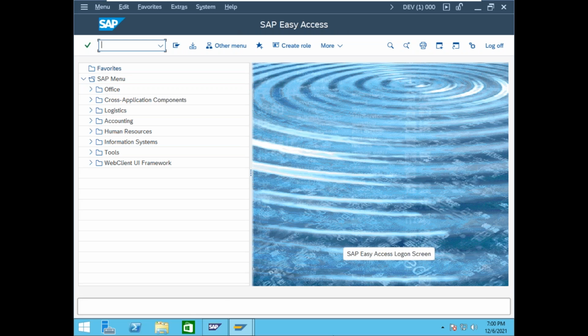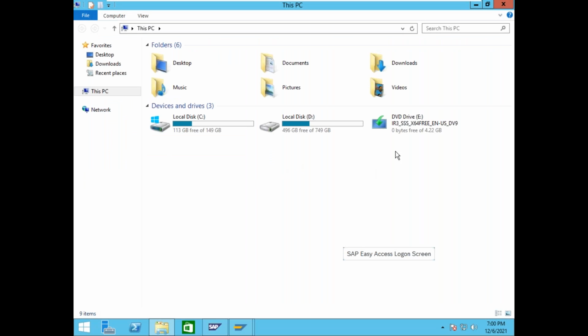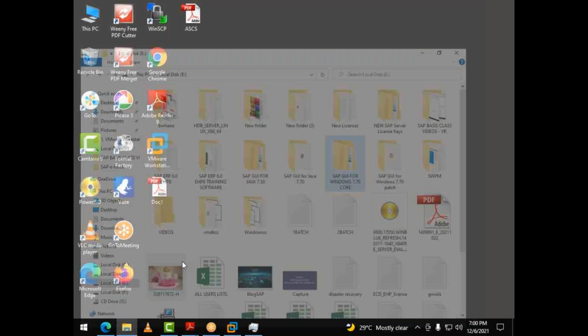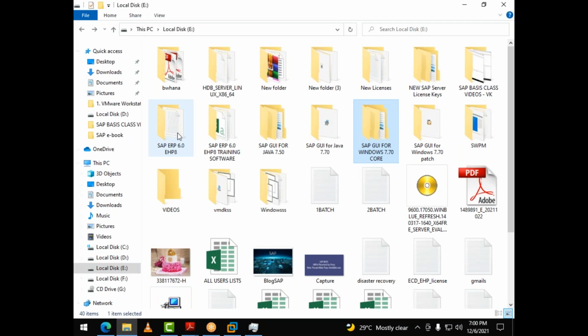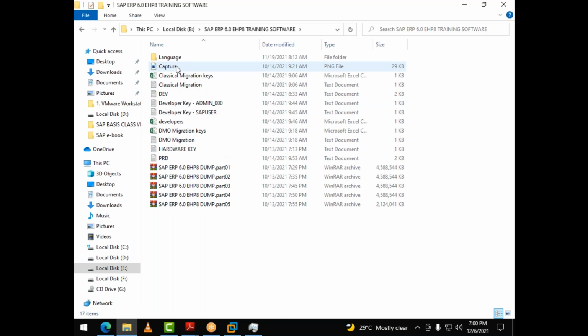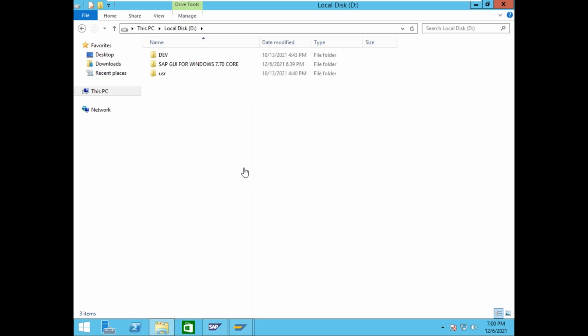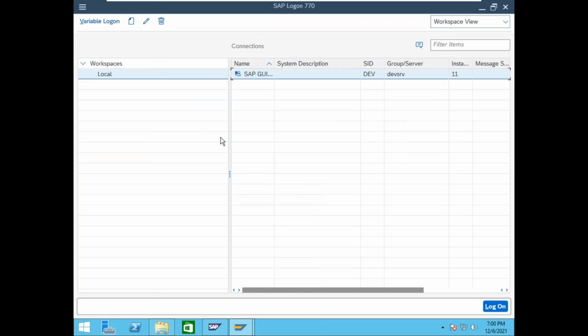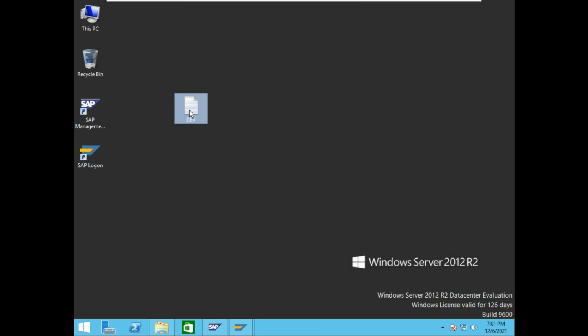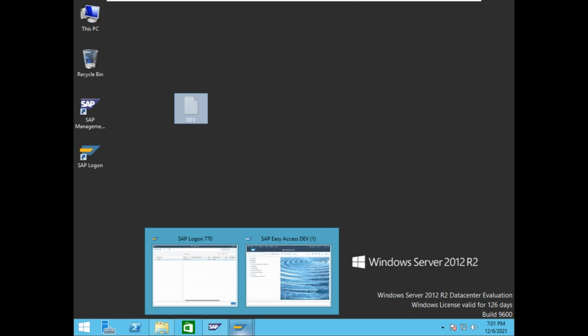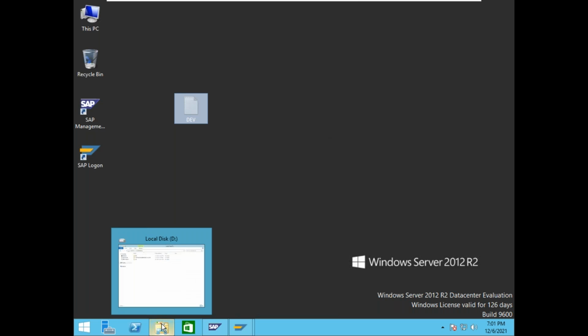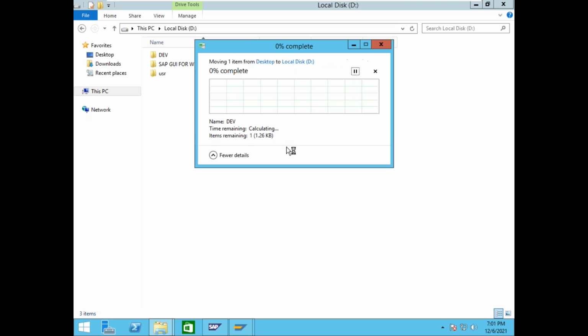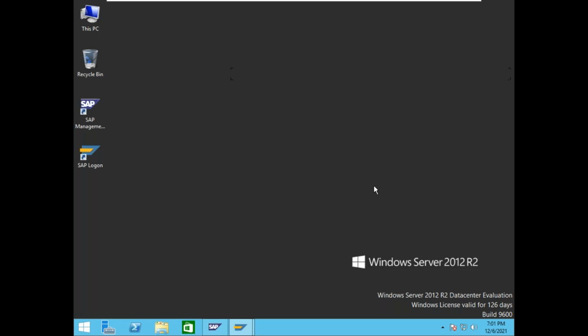Next, the fourth post installation step is the license. Now how to apply the license?